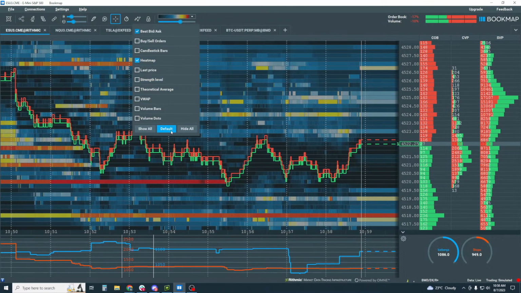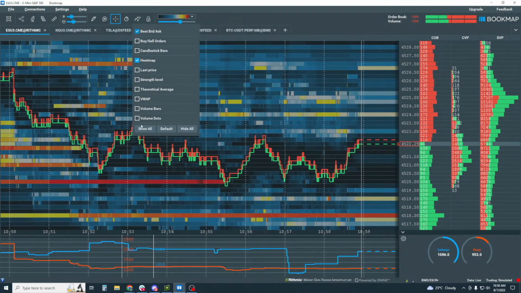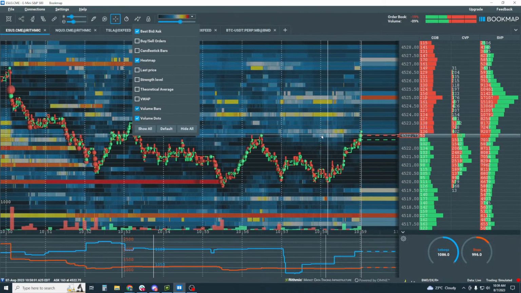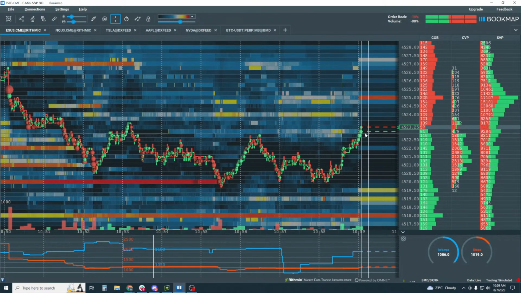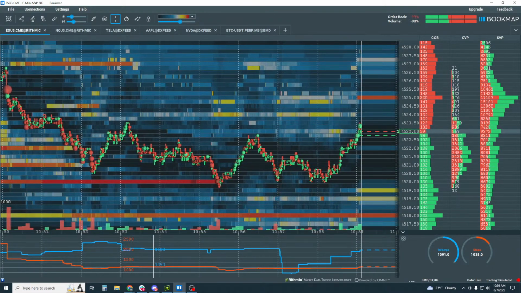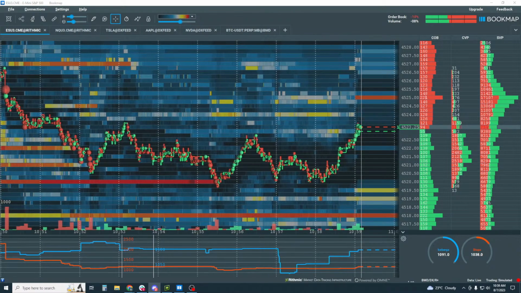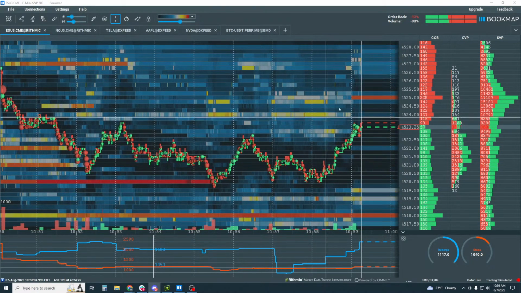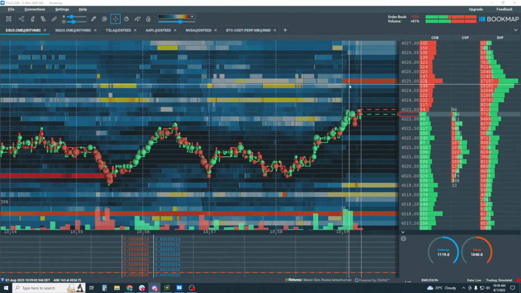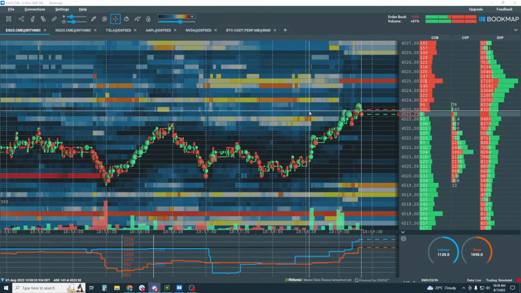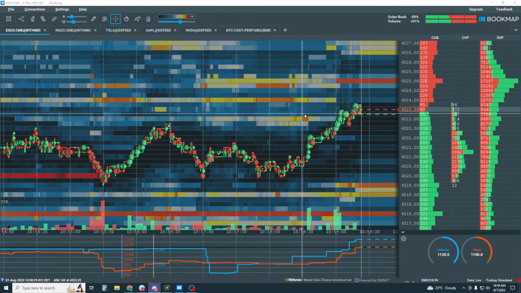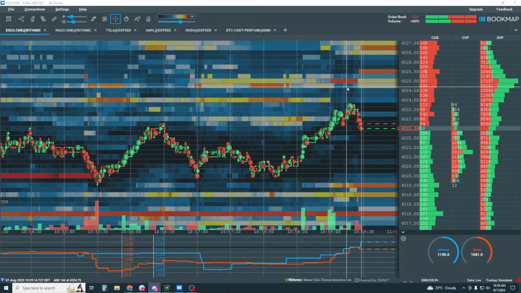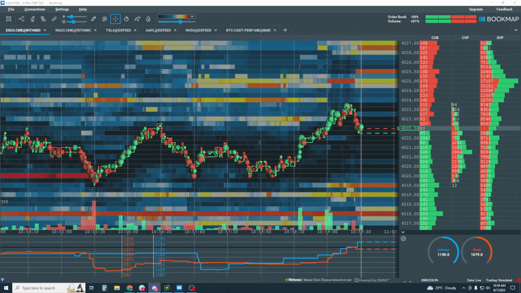Okay, so let's turn the transactions back on, and all right, we're going to look at that context now. If you're struggling with this in the heat map, like I was saying earlier, a lot of traders don't have access to it. They've never seen this before, and Bookmap's been around for like 10 years now, but still it might seem kind of foreign. We're really good at reading volume and price action, but now we have this other context in here, the other side of the trade, to really understand.